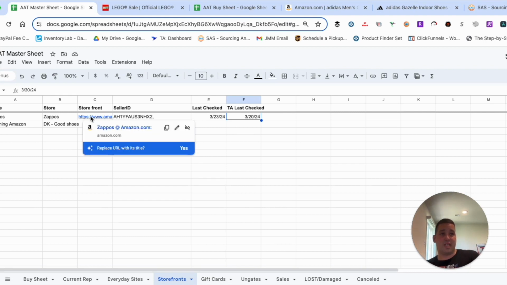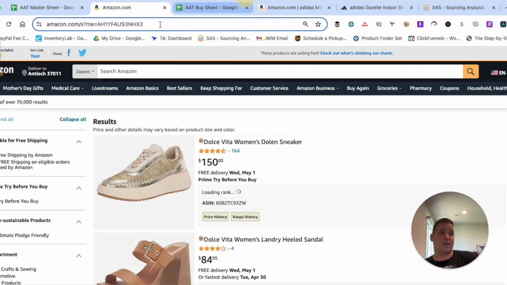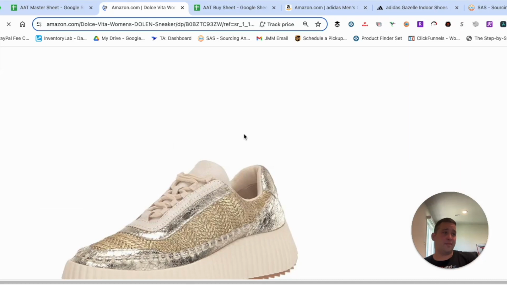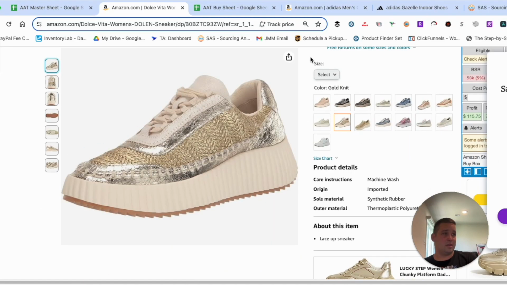So what you would do here is, I just picked Zappos because I didn't really want to burn a seller here. We could just go to any listing here. This is how I got to this. So SellerAMP is going to pull up